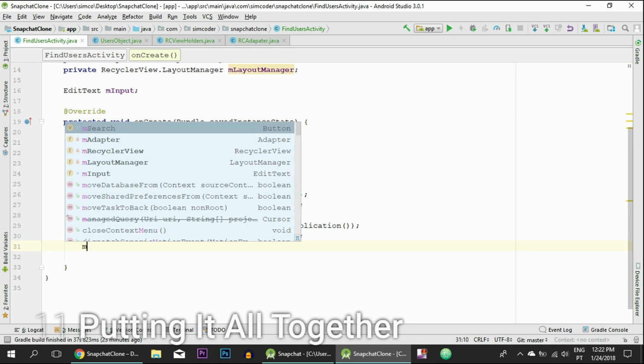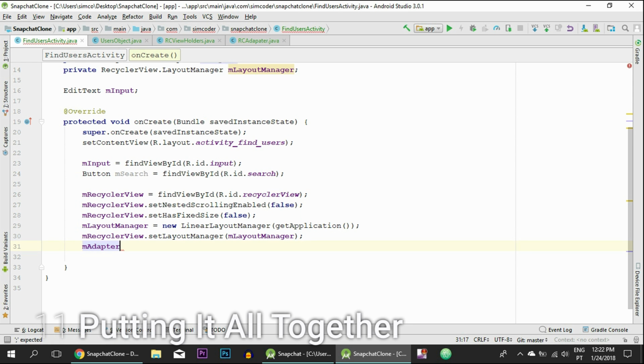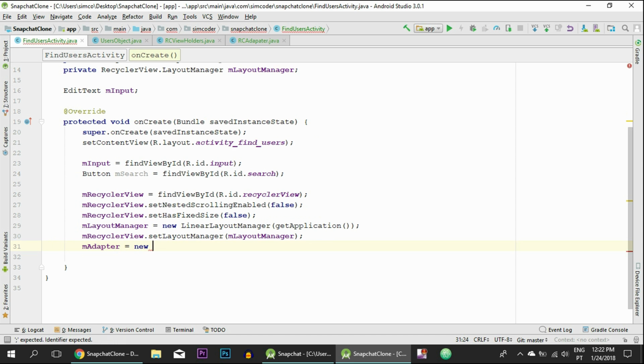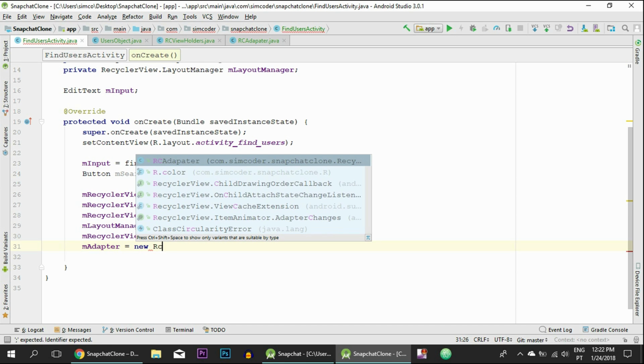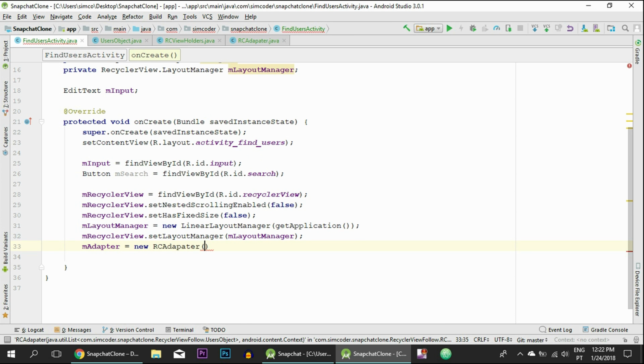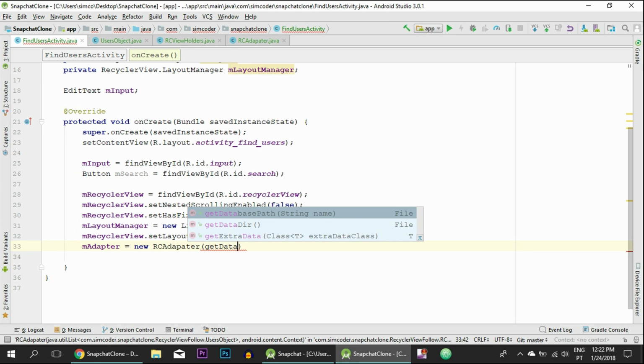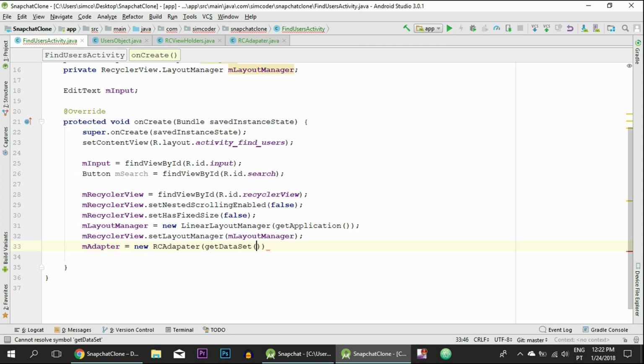So let's say adapter equals to new RC adapter, and we are going to get the data set, which will be the list that we must pass on to the adapter. So we are going to create this method,